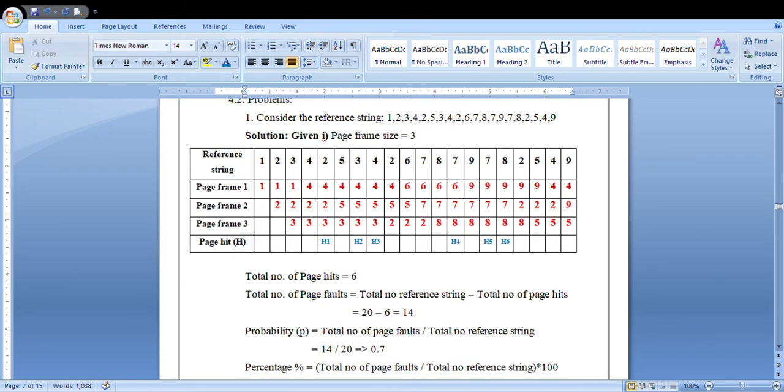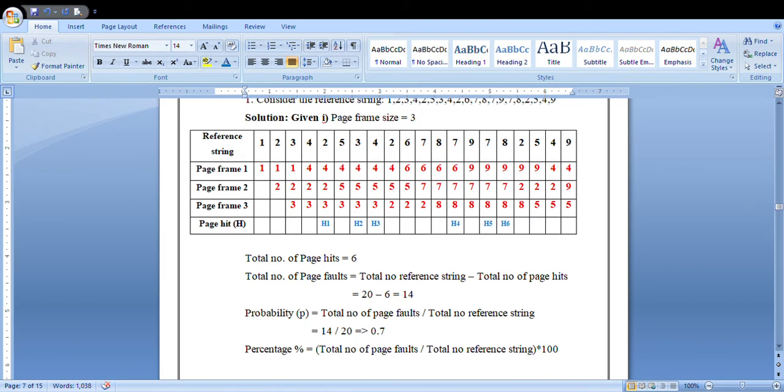How will we calculate the percentage for the page fault? Percentage is nothing but total number of page faults divided by total number of reference strings, times 100. If you multiply that probability by 100, you will have the percentage value. So if you multiply by 100, it will give you 70%.